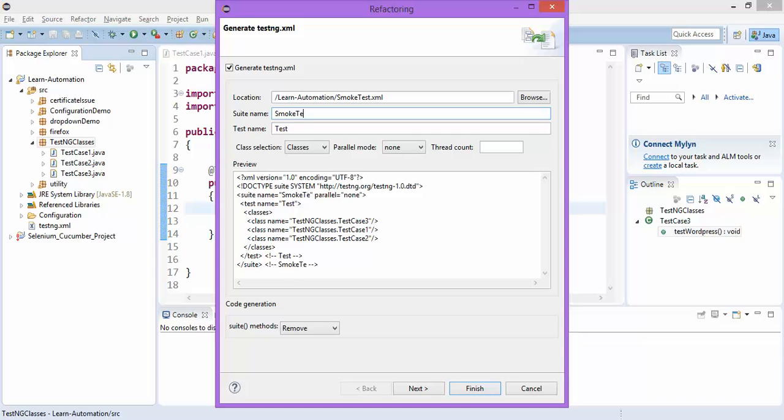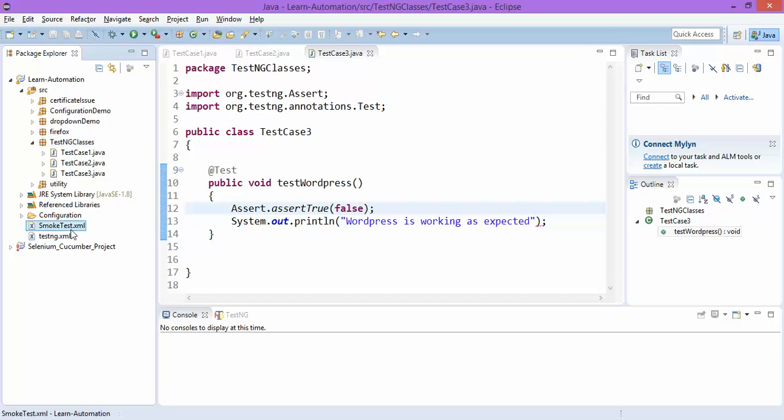And suite name I will give smoke test scenarios. And here I will give sprint 1. So you can see what changes we have done here. It's simply reflecting here, and I will simply click on finish. So I got this XML. If I simply double click on this XML file,